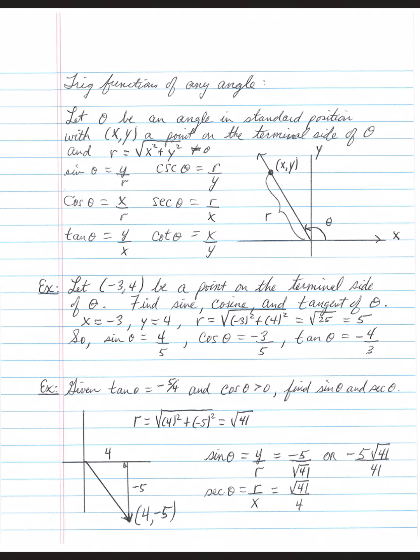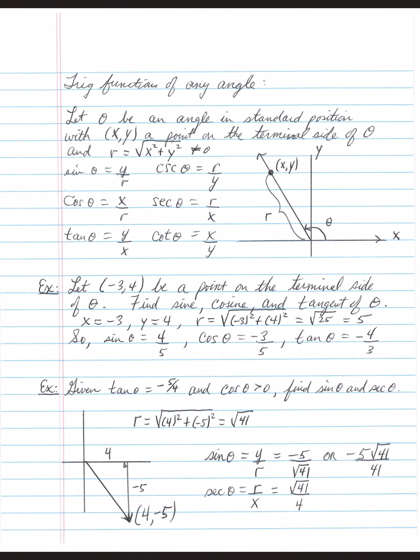Think of it this way. If we had to get to this point from the origin, we would have to go x units horizontally, and sometimes they're negative, and y units vertically. The x and or y can be positive or negative. R is the distance from the origin to the point given. And as far as definition goes,